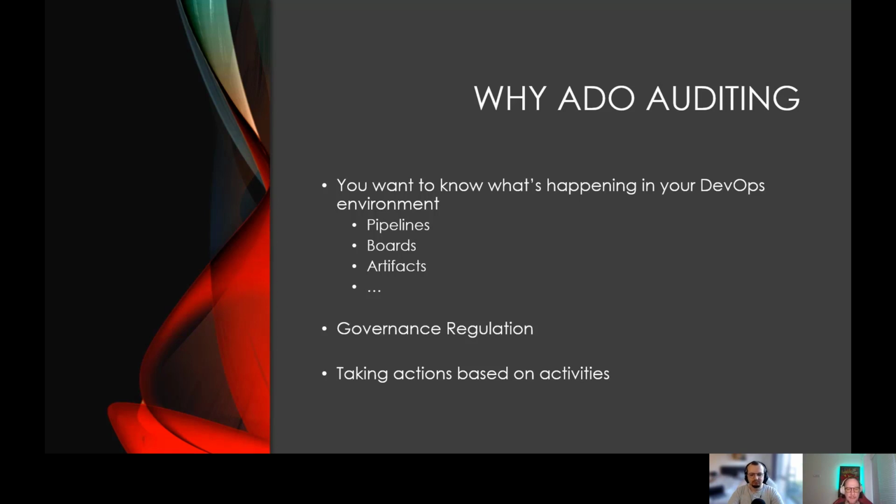Now, besides a technical reason, probably from the DevOps team, where they want to get insights on everything that's happening, you might also have some compliance or governance regulation, where you literally need to know who's doing what in your DevOps environment, and maybe for some legal proof every now and then, not always having a positive connotation, although it could actually be referring back to something positive as well. And then last, you could also use auditing as a starting point for taking further actions, like literally kicking off